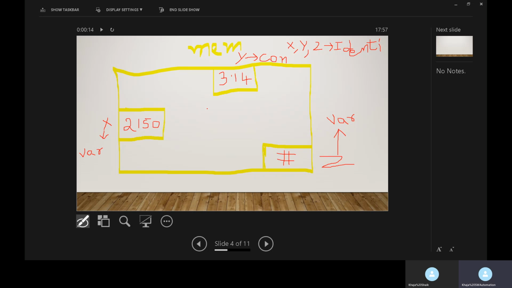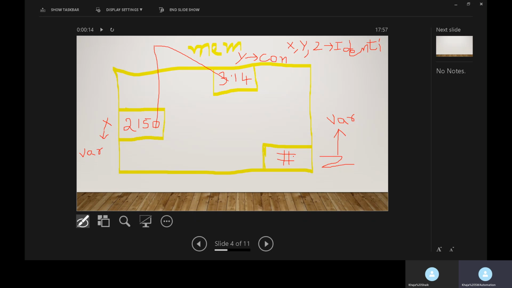These three represent different types of data: a numeric value without a decimal point, a numeric value with a decimal point, and a character value. So these are the different types of data that can be stored in a memory location.